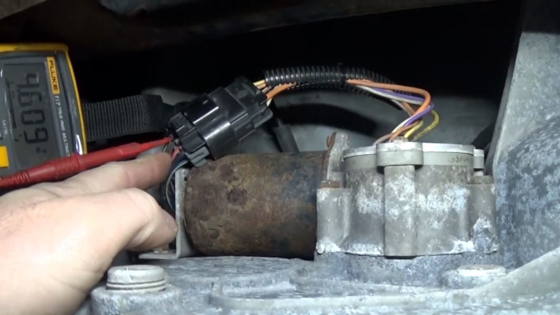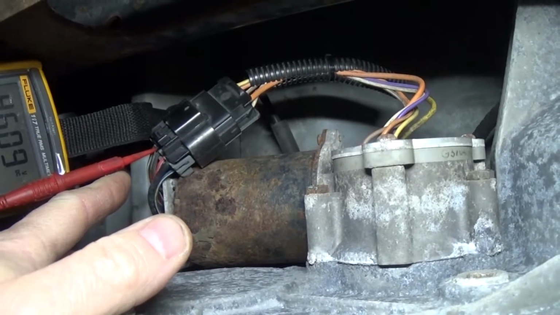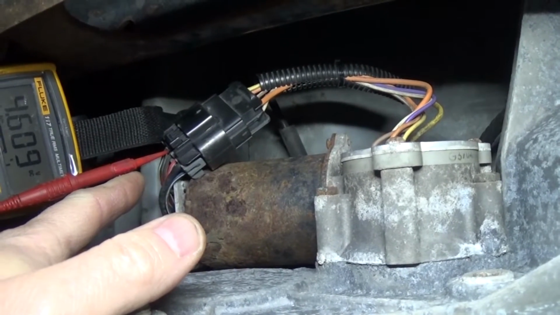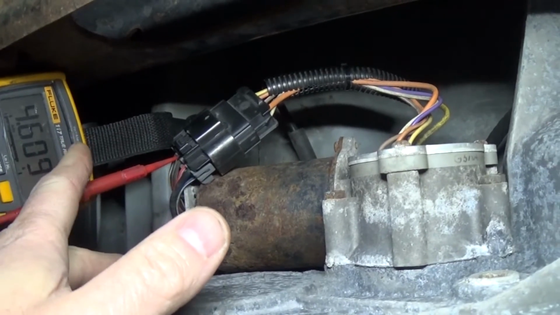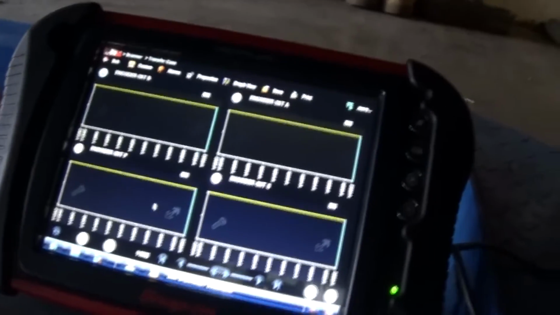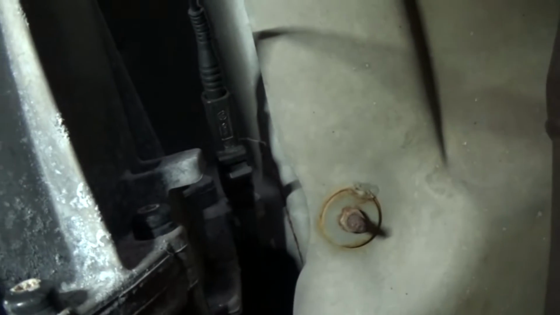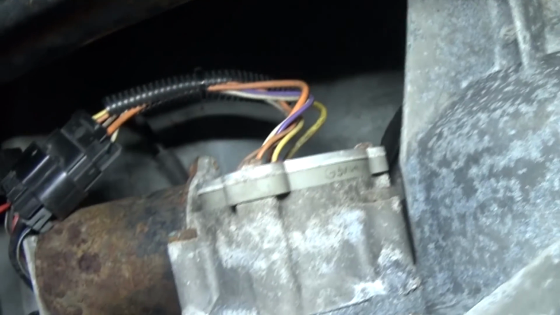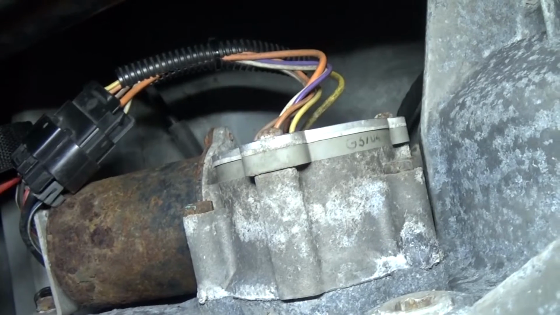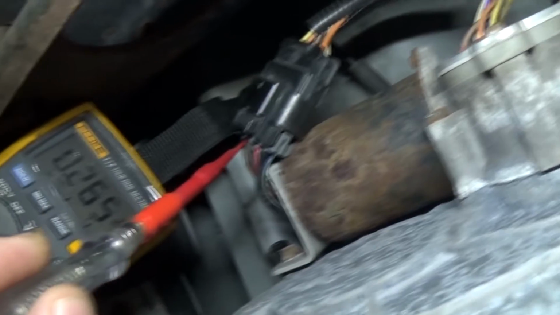Now I'm on a brown and white wire. It's one of the signal wires, and I'm reading 4.6 volts. A little less than what I should expect. I would like to see 4.9 or 5 volts. For some reason I have 4.6, and now I'm going to take a test light. As you can see, everything is on. I have to connect it to the bottom of the ground, and I'm going to touch it here. You can see I have this pin pulled out a little bit, and I can actually lower the voltage down. And you can see this is a circuit,